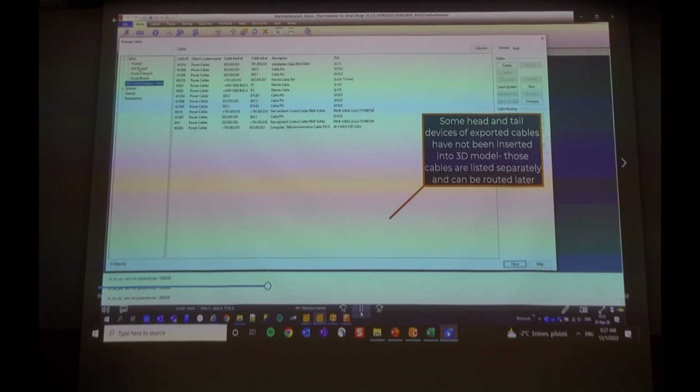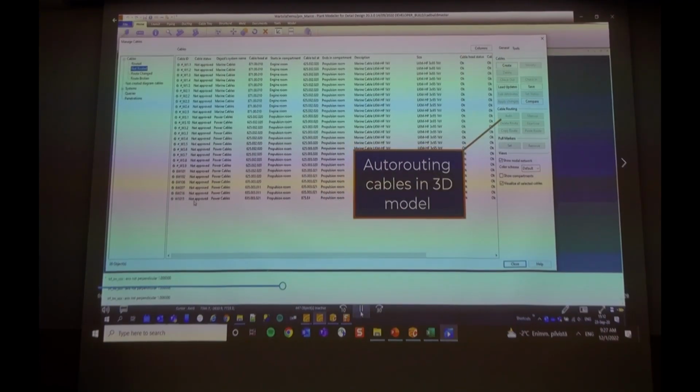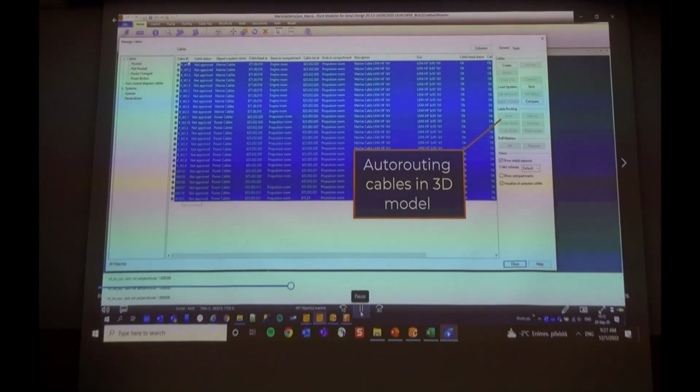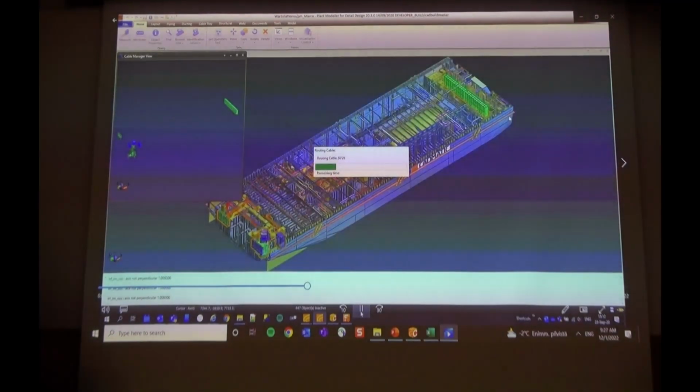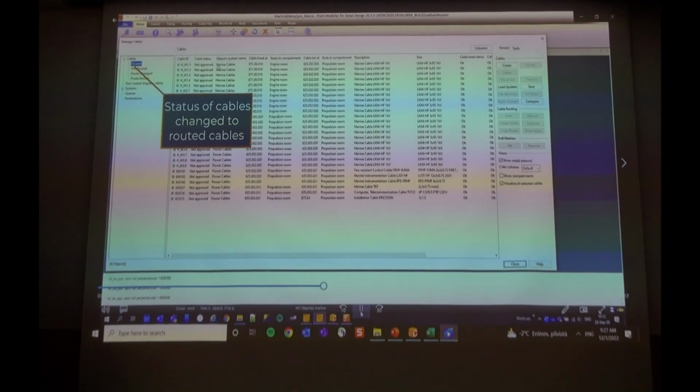Next, we want to route the cables. So we find the not routed cables from the list easily, and we just need to select them all, and in this case we use the auto route functionality. So everything is routed automatically in this case. And now all of them are routed fast. And now the routed cables can be found from the routed list, and now data is available